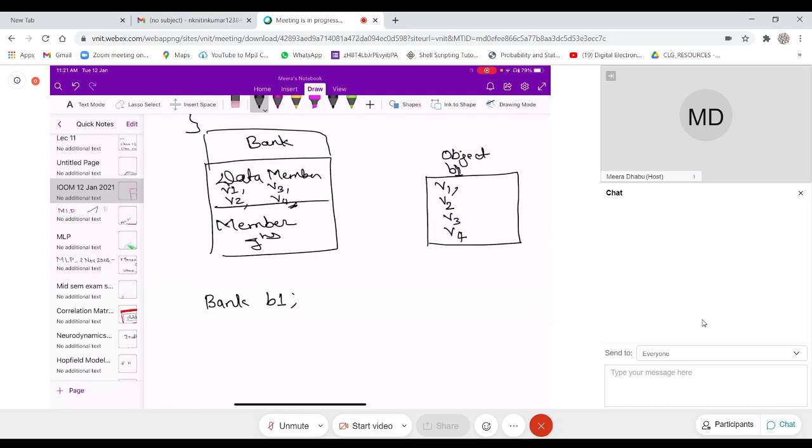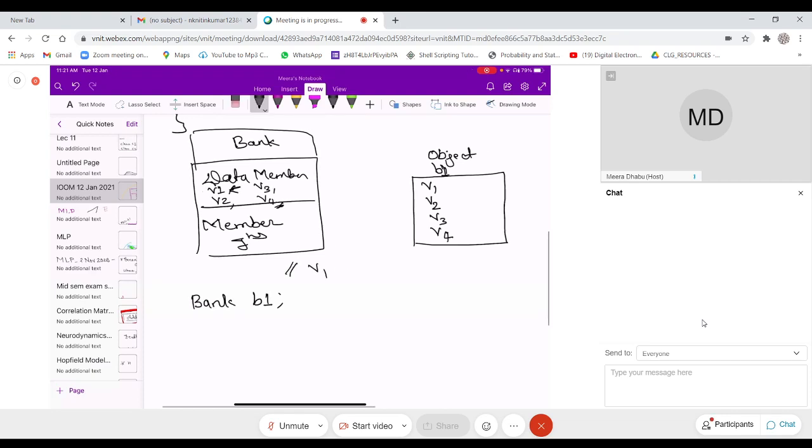Assume that v1 is nothing but id, the sequence id, or the serial number. So v1 is used to store the serial number of the product.